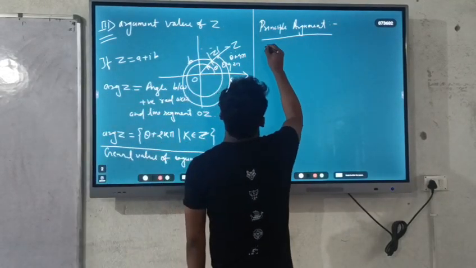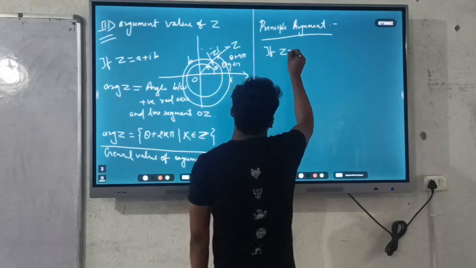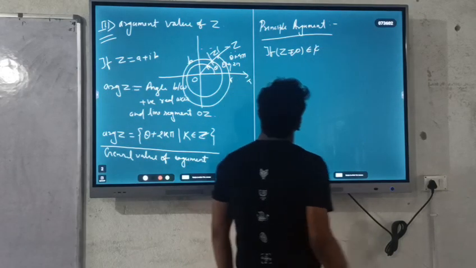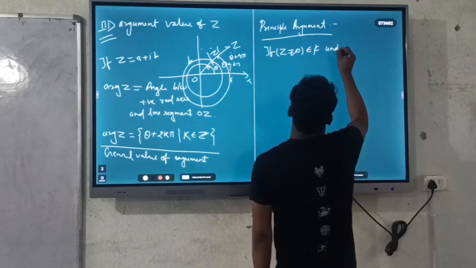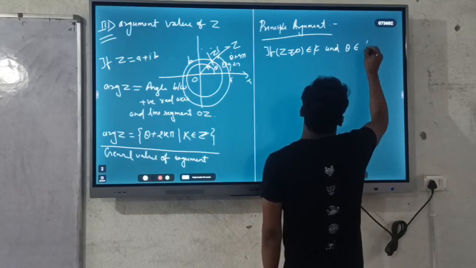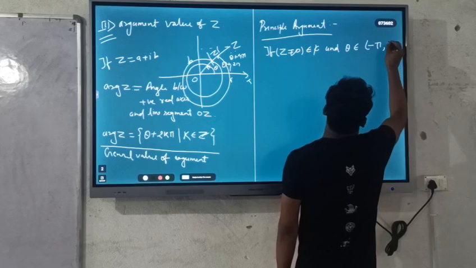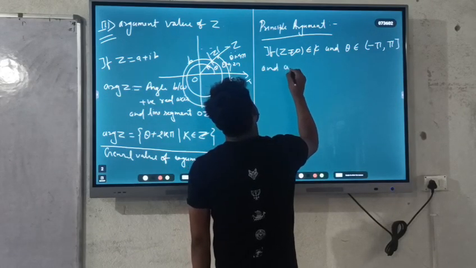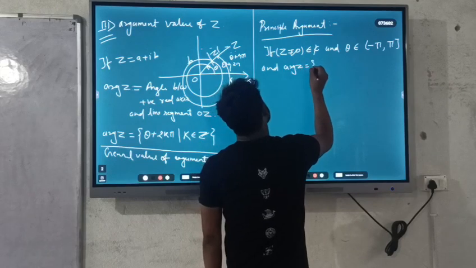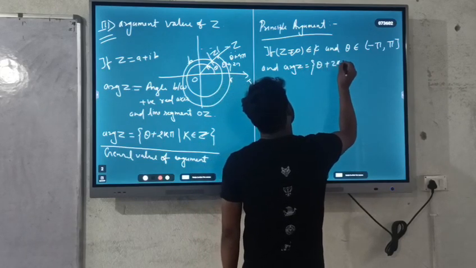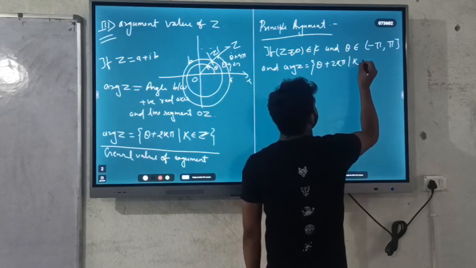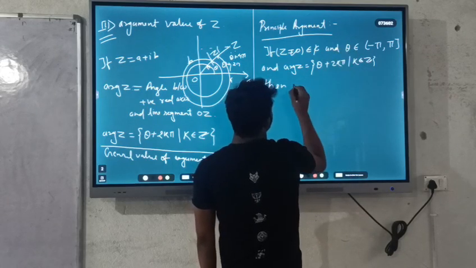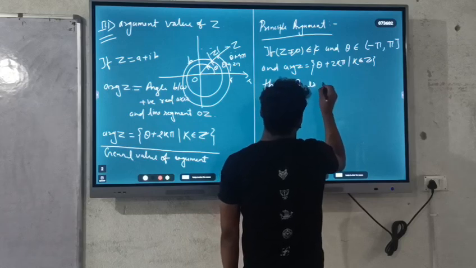It is defined as: if z not equal to 0 is a complex number and theta belongs to, remember this interval, this is important, and argument of z is defined as theta plus 2k pi, where k is an integer,